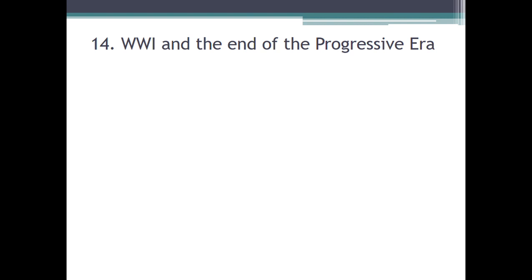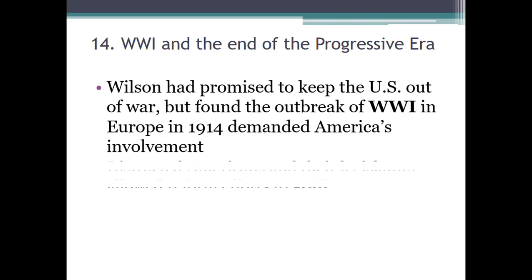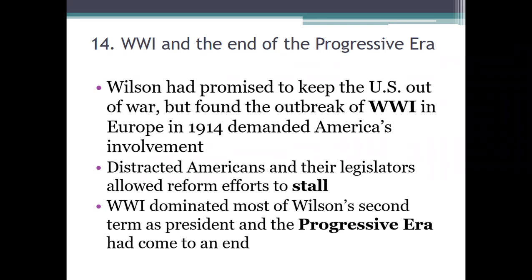All right, how does World War I put an end to the Progressive Era? Well, remember, the whole time period is about pushing to reform, to improve society, to get rid of corruption, to put an end to ruthless business practices, to protect people against these abuses. Well, World War I, like other wars, is a big distraction. And when the country focuses its attention on the war effort, these reform efforts that people have been pushing for kind of stall.